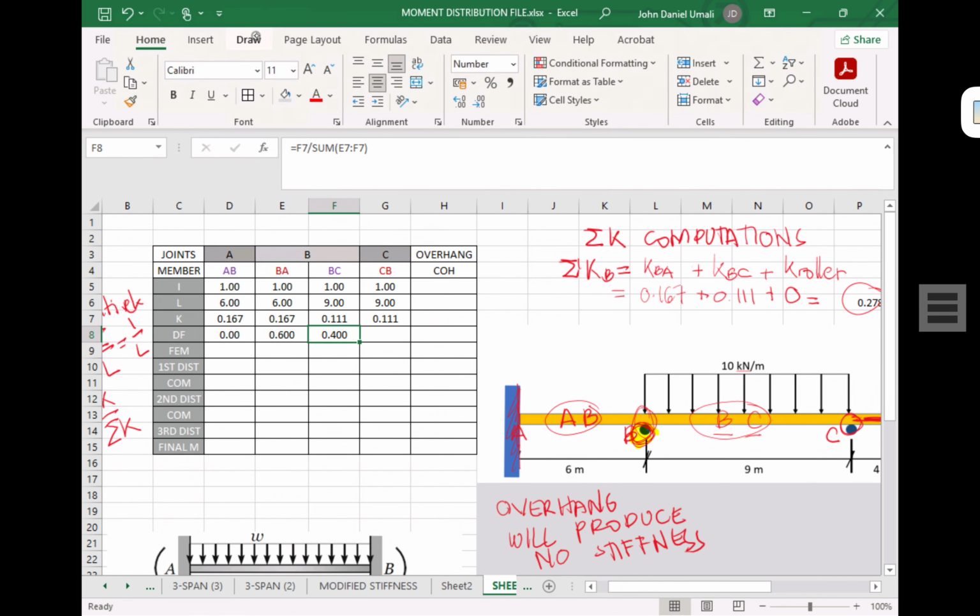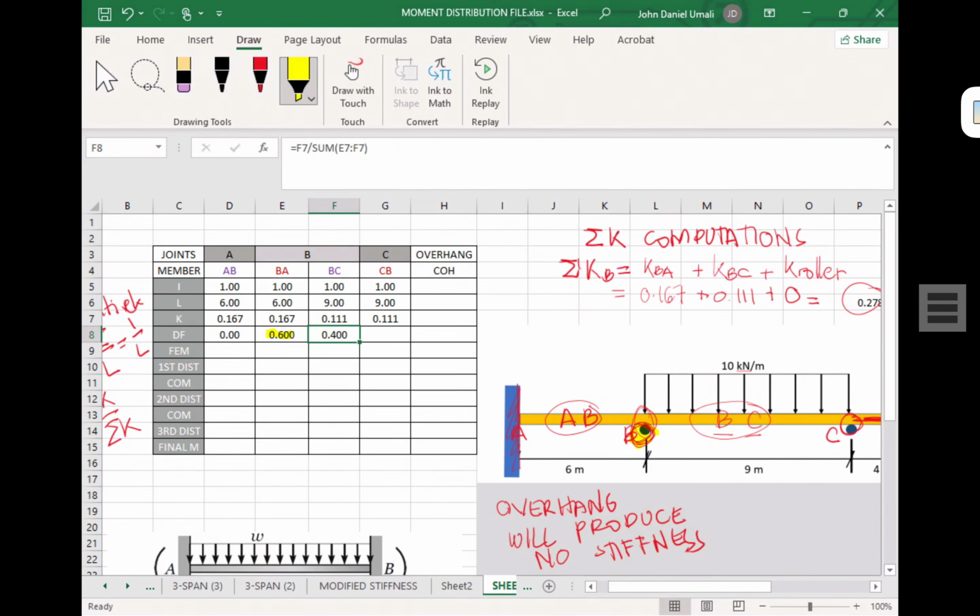So, the total at an interior joint should be 1 when we add the distribution factors of the two members connected at a given joint. Okay? Next here, that is